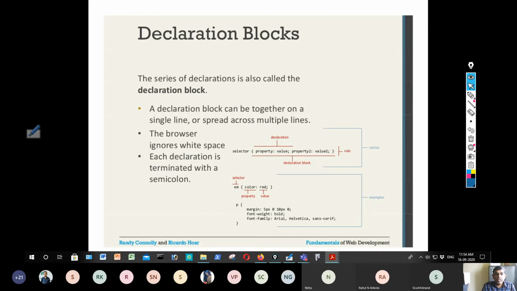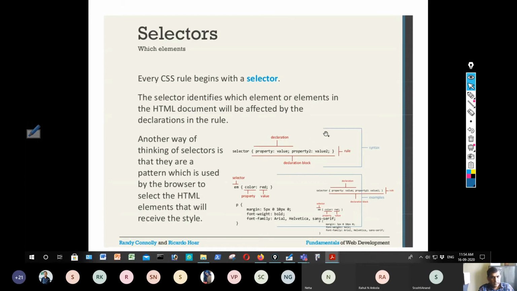Each declaration is terminated with a semicolon. That means every declaration, every property value pair, should be terminated with a semicolon, whereas the property and value should be separated by colon. As I told you, each CSS rule begins with a selector. It identifies the element.